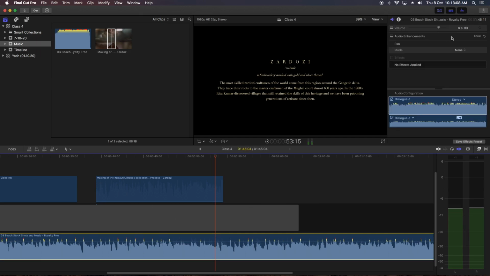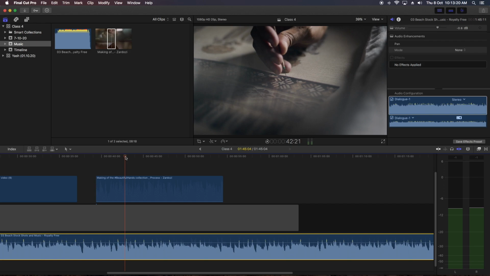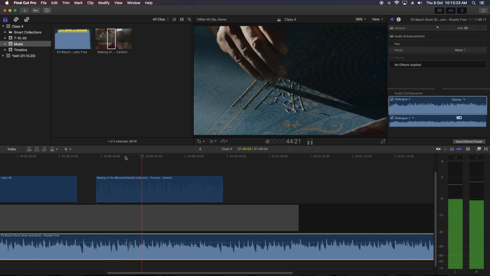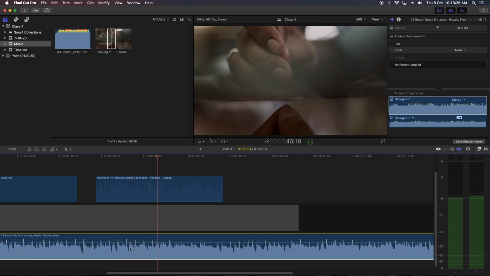So now what I have to do is adjust. By seeing this peak, I can adjust my audio up or down. When I see no red, that means my audio is fine to go on. There will be another time when you have to level it down, level it up, or boost some other audio. That is another part of our editing, not right now.